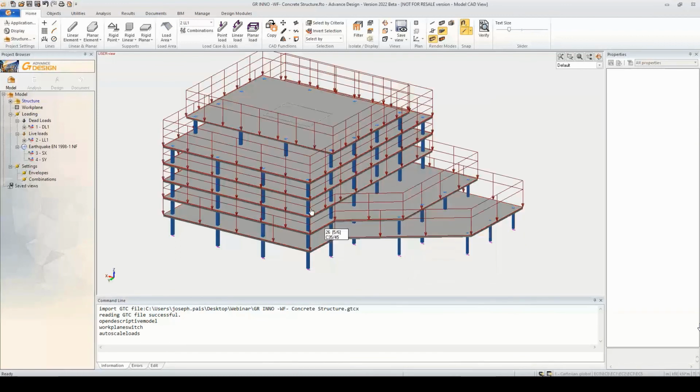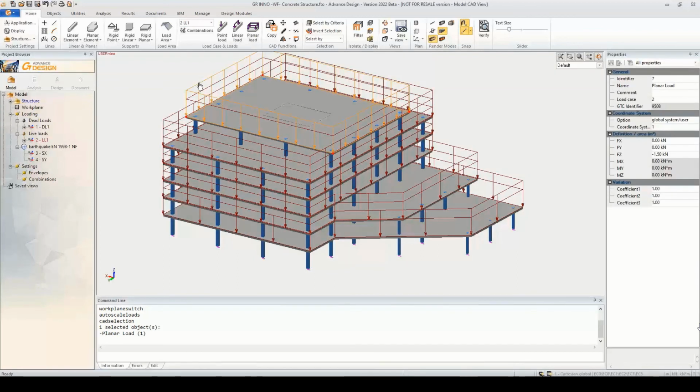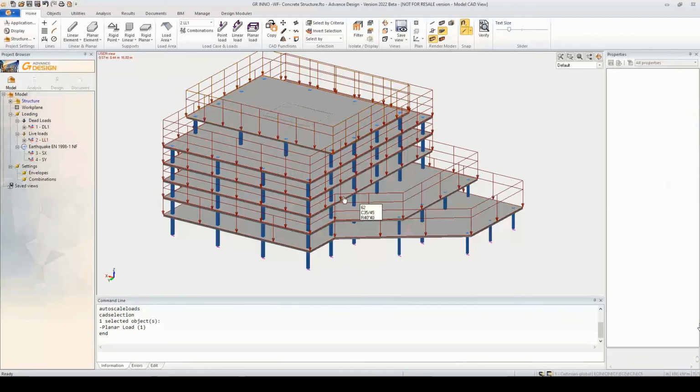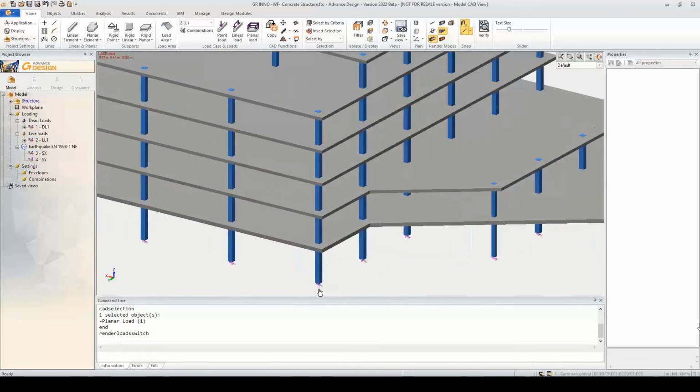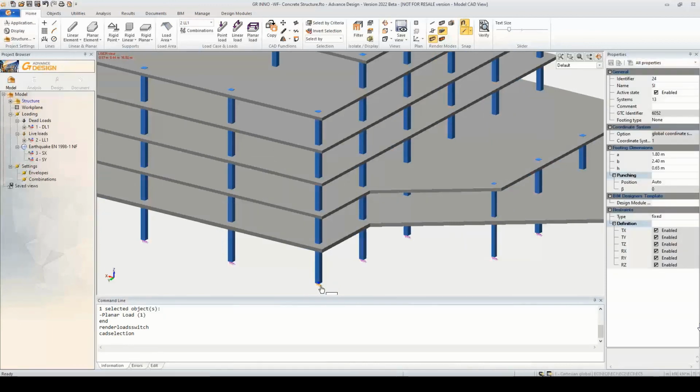For sure we have the geometry, but what is interesting is that we get a set of additional information, such as here the loads. So we see here those surfacic loads are well imported in Advanced Design. We automatically import the right value and the placement of those loads. We have for sure the geometry, the sections of the columns are correctly imported, the thickness of the slabs, and for the footings, they are converted into supports, but you see as a parameter the section of the footings, which are also imported in Advanced Design.